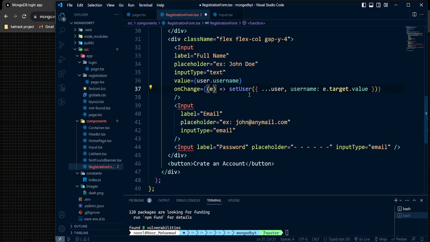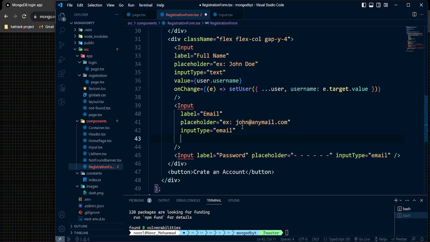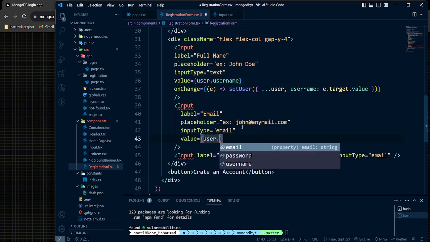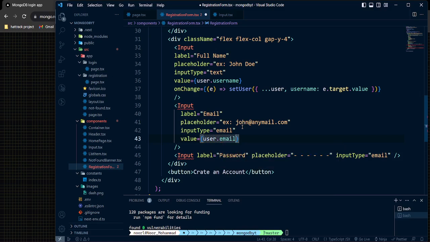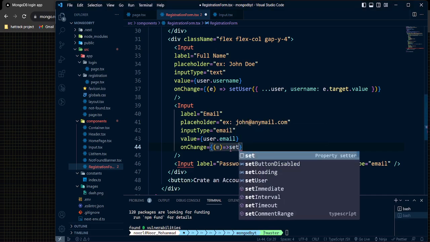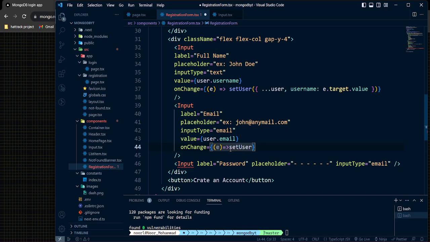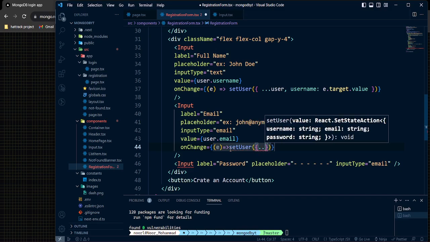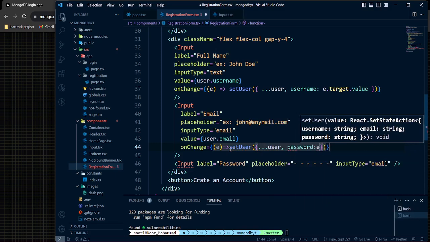Okay, so as you see, when I did that, the error has just gone. So now let's give a value here. It will be user.email, and also I think we need to give the on change, and it's going to call set user, and on that set user it's going to take all the things coming from the user, then it's going to make the password